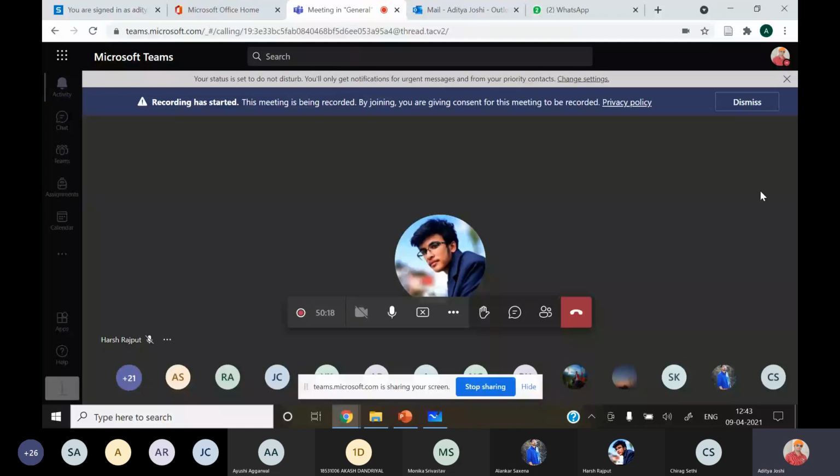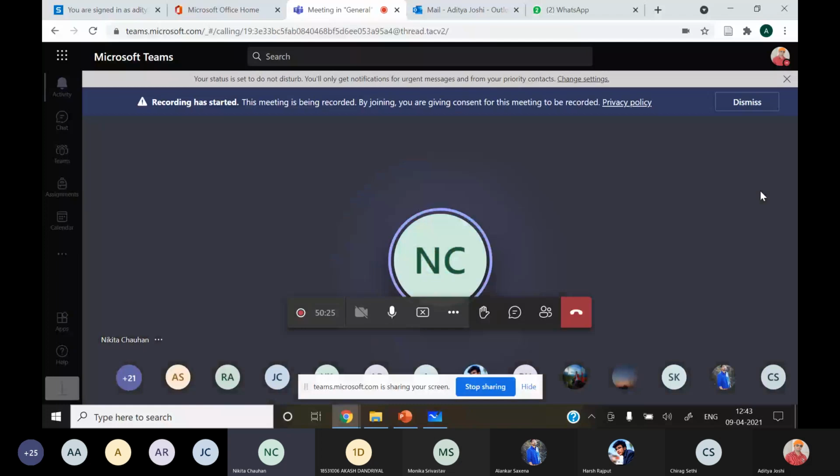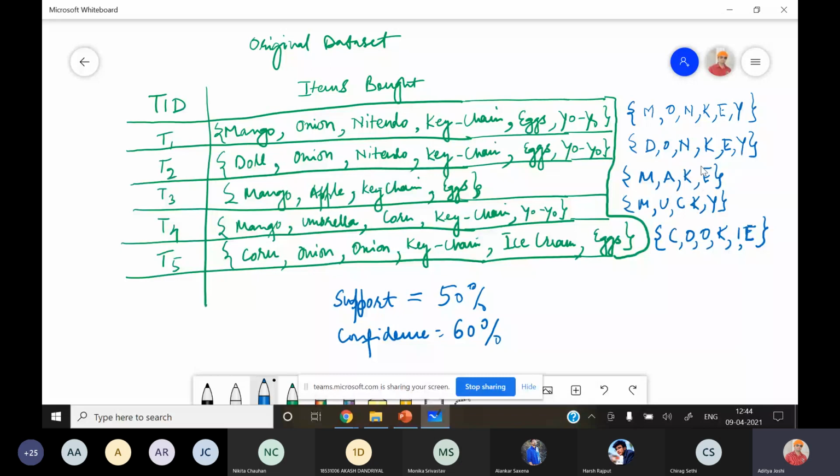प्रियांशु, निकिता, किसी का आया आंसर? सर आ तो गया, पर ये मेरा MKE आ रहा है, वो भी 2। MKE? हाँ जी। एक मिनट। MKE तो है ही नहीं, देखो ना कहीं भी। OKE, देखो ओके ही आ रहा है शायद सर। OKE है आंसर, ठीक है। OKE 3 टाइम्स आ रहा है लास्ट में। देखो, पहले आपका बना, मैं सिर्फ आपको ज्वाइन स्टेप बता रहा हूँ, ठीक है।